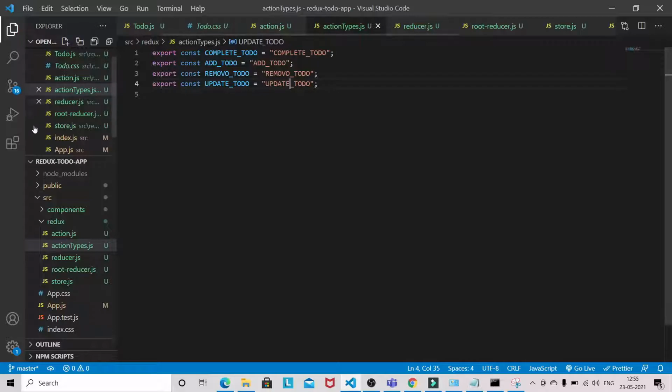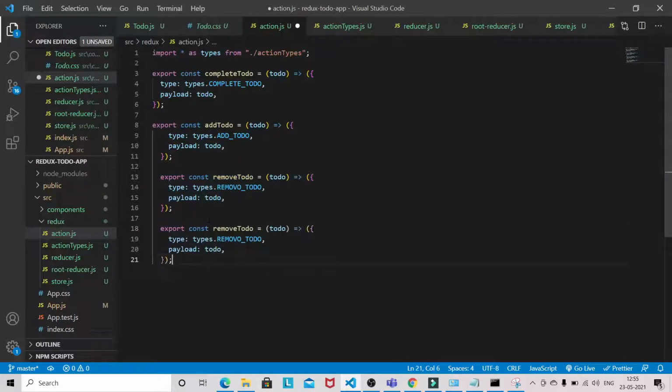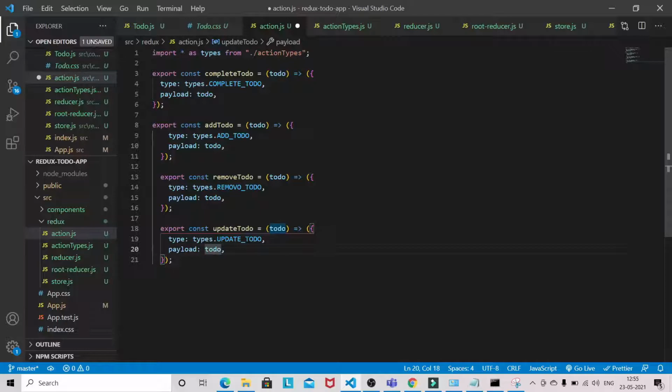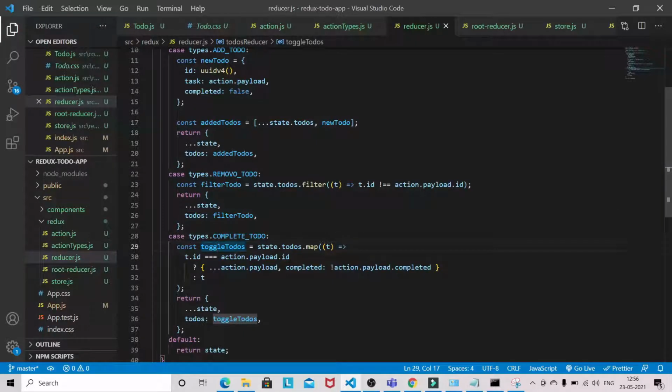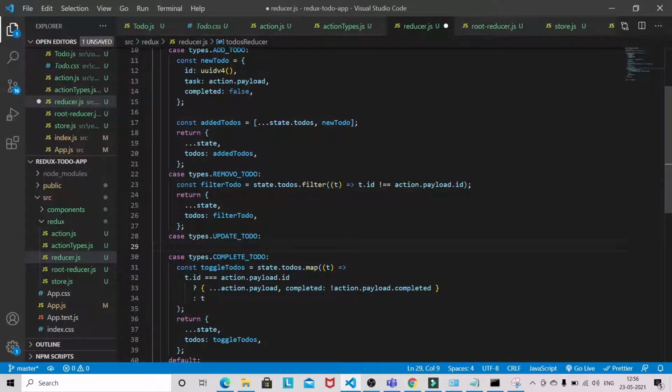The action will be the same, so update, and here will be the same to-do. Okay, now we need to write the logic for updating the to-do. So case update to-do.